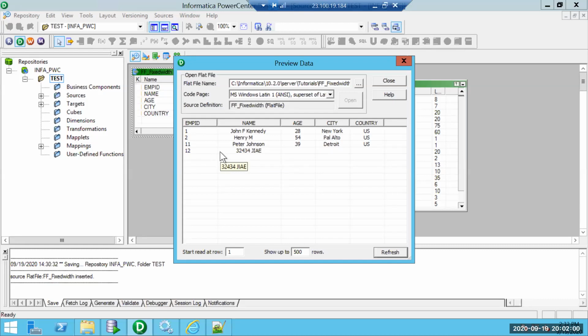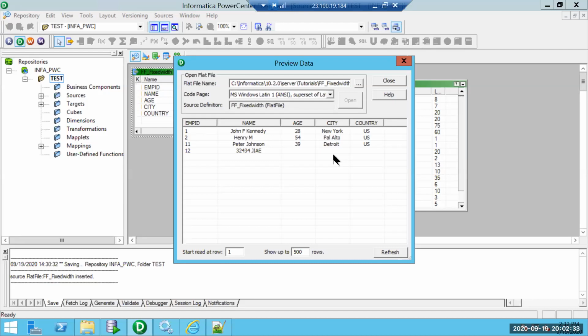It basically goes with length. The first 2 characters will be the first column. If the next is 15 characters, then 3 to 17 characters will be my column 2. Then the next 2 characters, 18 and 19, will be age. Then the next 9 characters, 20 to 28, will be city. Then the next 2 characters is country.